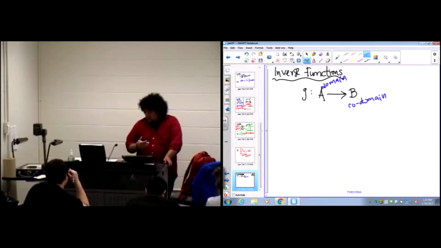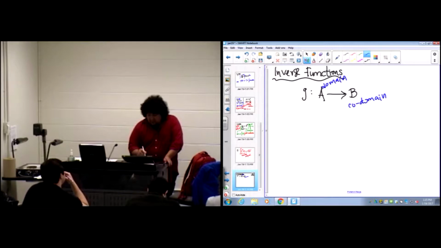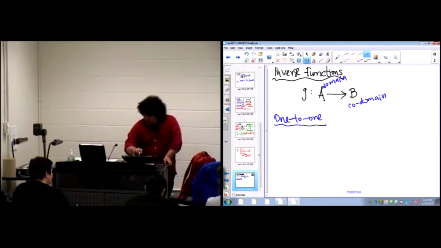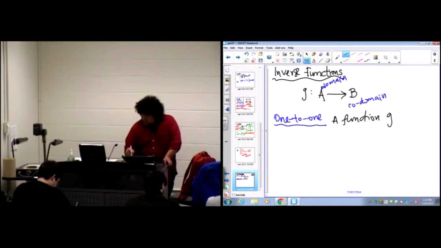So for the function to have an inverse, we would say that this function g would have to be 1 to 1, right? So 1 to 1. That would mean that a function g